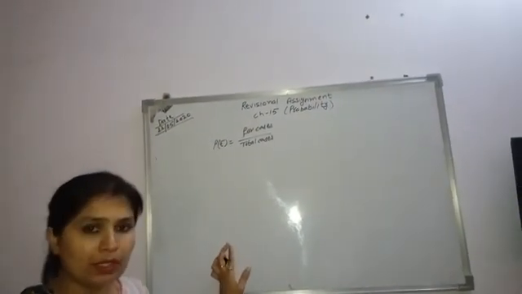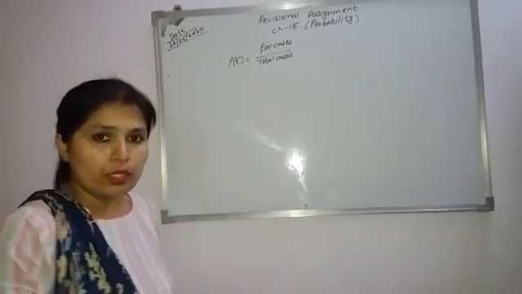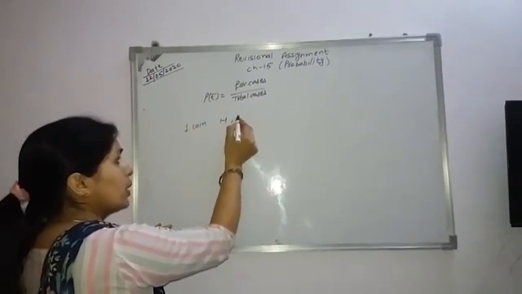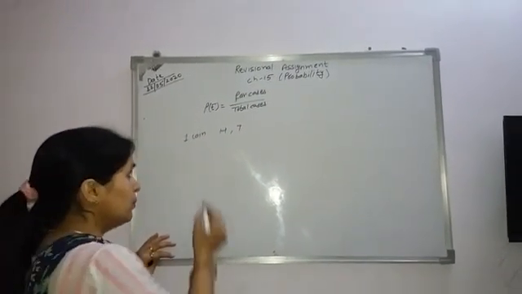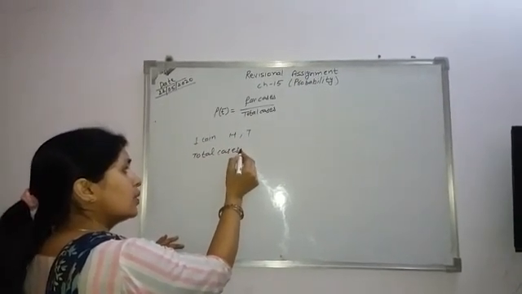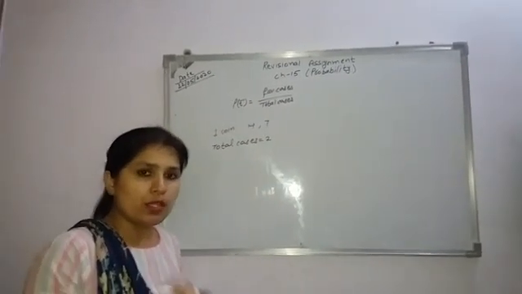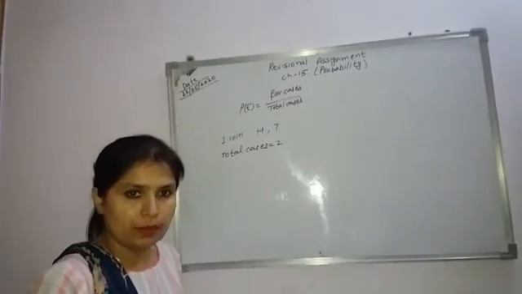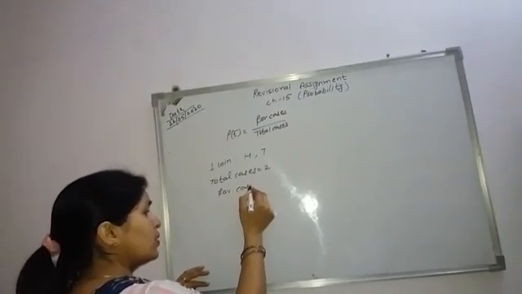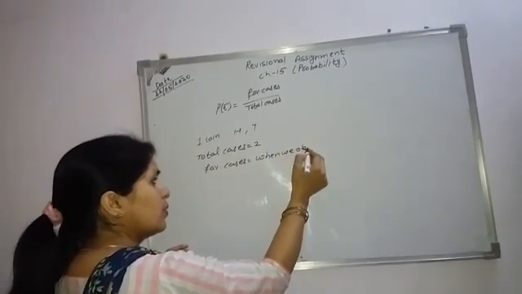Now what is a probability? A thing which can happen. Suppose we have a coin. In case of one coin we have two cases, head and tail. Okay, so we can say that total cases is equal to 2. And suppose we want to find out, if we toss a coin, that we obtain a head. In this case, favorable cases is equal to when we obtain head.